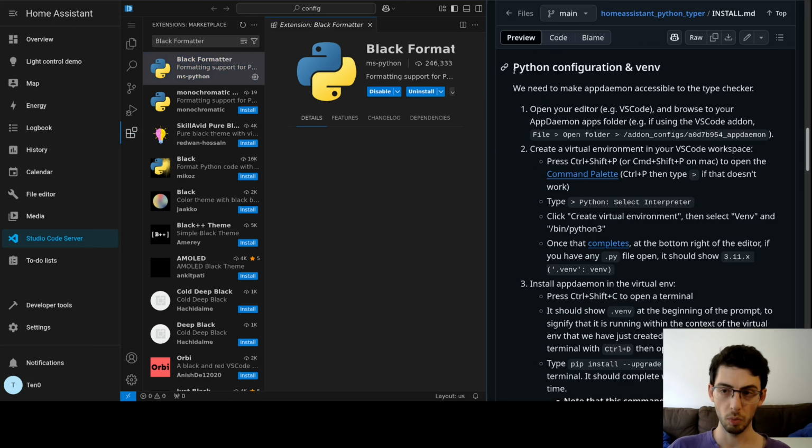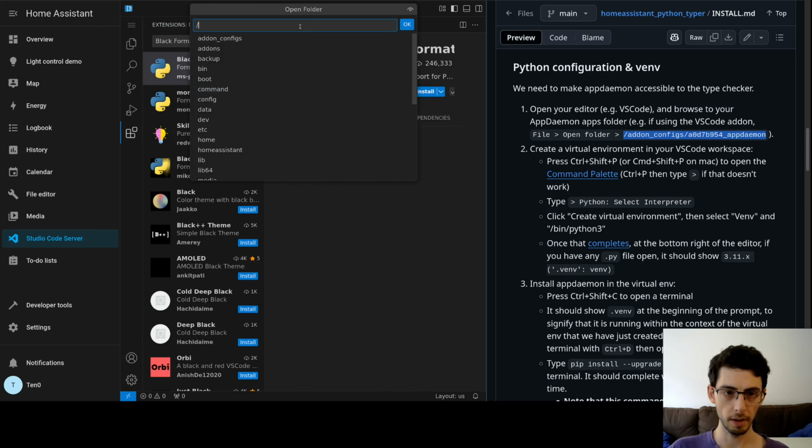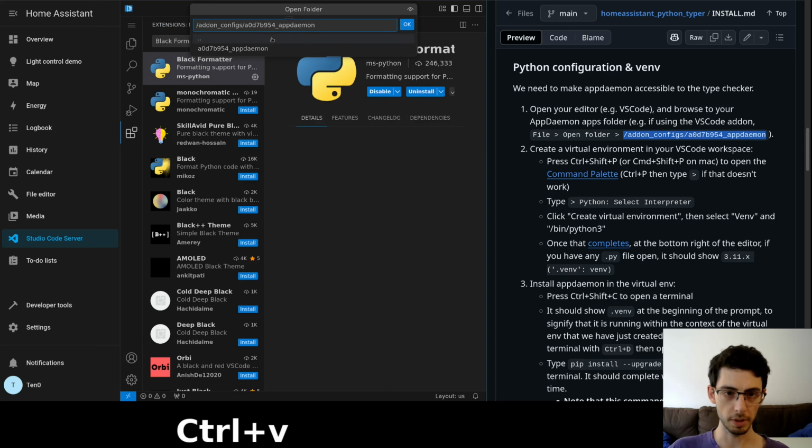Then we'll need to set up our Python environment. We're going to open the AppDaemon folder by going to File, Open Folder, and pasting in the AppDaemon folder. This should show up if the add-on is already started, which it should be at this point.